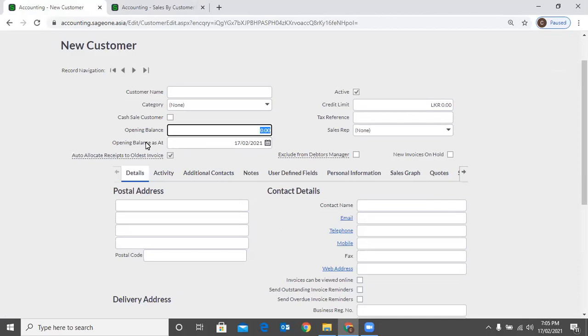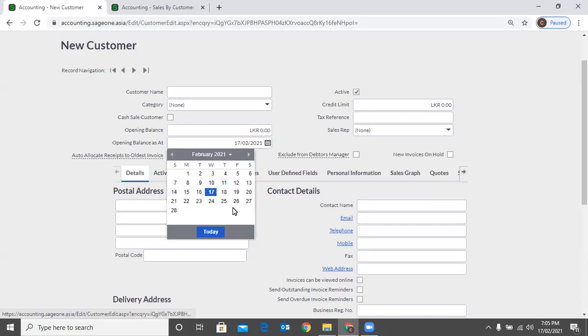If you are implementing it in 2020, you may have customer opening balances. So in that case, you can enter that customer opening balance here, with that date. Now, if you are entering the date as 31st December 2020,